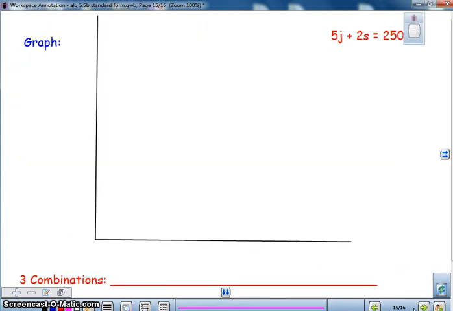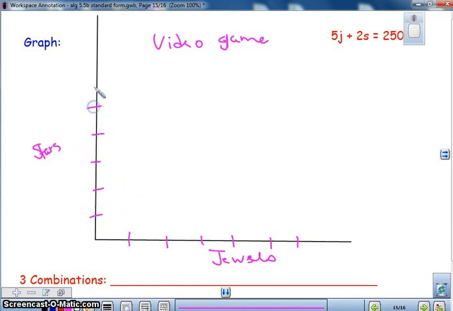Now we want to graph it on your graph below. Remember, our title should be video games. Have a title. Once we have our title of video games, make sure you put down here our x-axis. And our y-axis in this case is the stars. And think about the numbers you're going to have. What is going to be your interval? You shouldn't be going by ones because you can get quite a few of them. So think about that. Plot some points, and then I would like you to come up with 3 more combinations